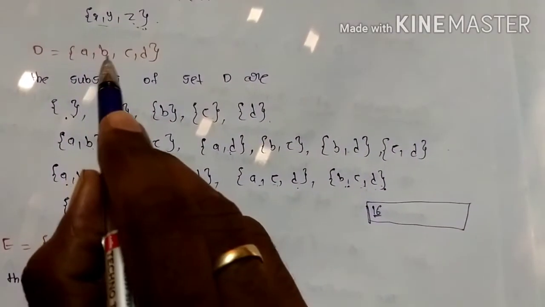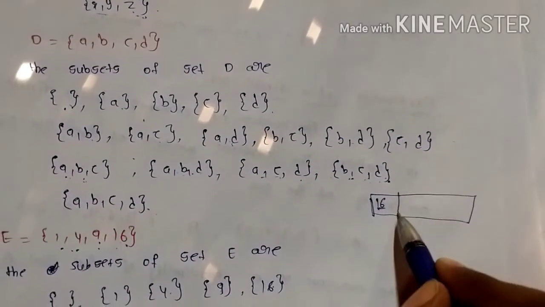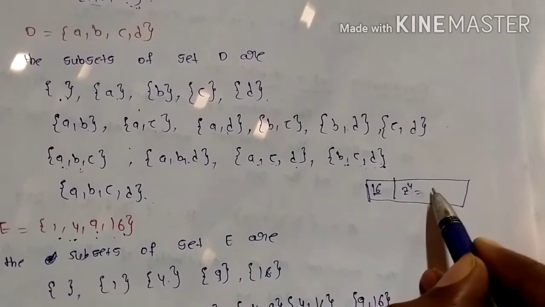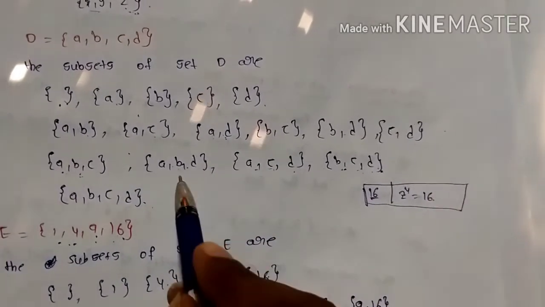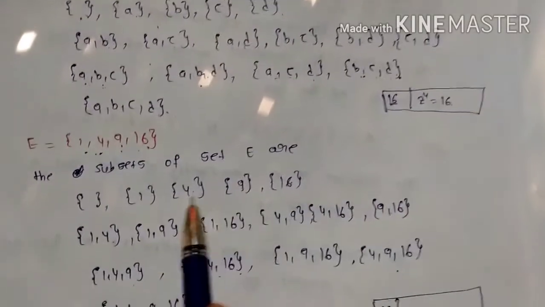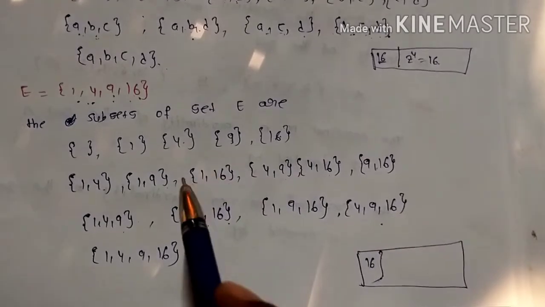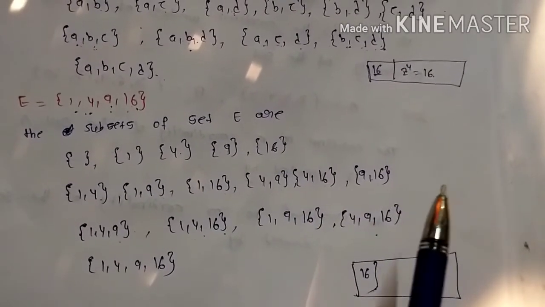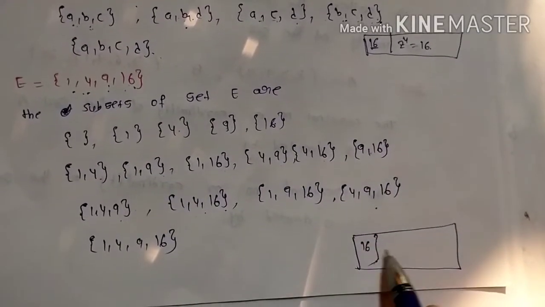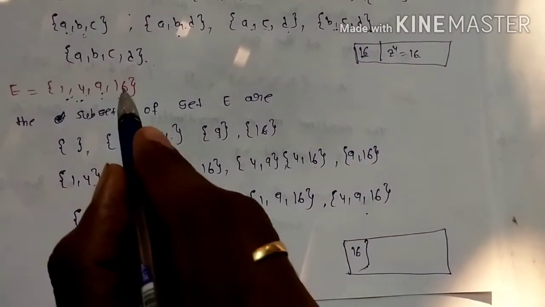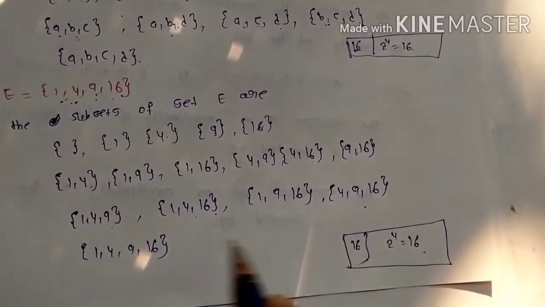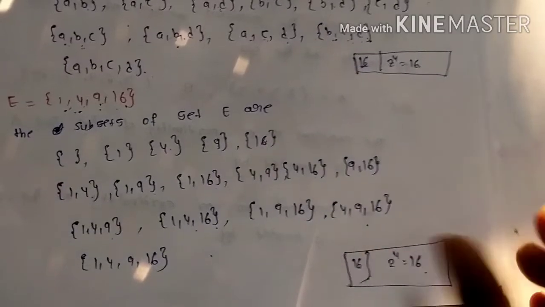If there are how many elements? 1, 2, 3, 4. 4 elements means, as I already told, 2 power 4. 2 power 4 means 2 twos are 4, 4 fours are 16. Did you get 16 or not? So your answer is correct. In the examination, first of all write all the subsets. Next you can count them. Why? Because sometimes you may miss at least 1 or 2 subsets. So for verification purposes you can write here: how many? 1, 2, 3, 4. There are total 4 elements. That means 2 power 4 is how much? 16. Did you get 16 or not? So this is the correct answer.